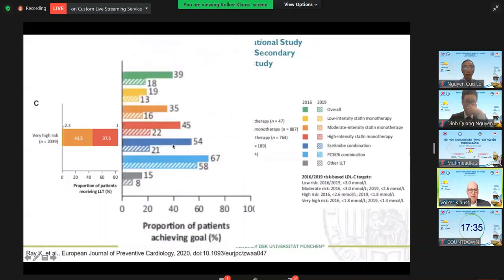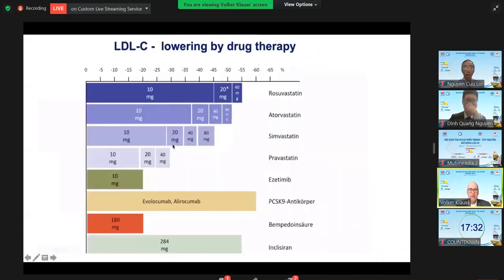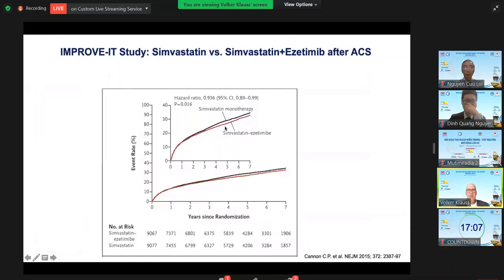How can we become better? We have several new treatment options I will discuss with you in the following slides. However, with the more potent statins like rosuvastatin and atorvastatin, we can already do a very good job with LDL reduction up to 55%. With ezetimibe compared with simvastatin several years ago, LDL of 54 milligram per deciliter compared to